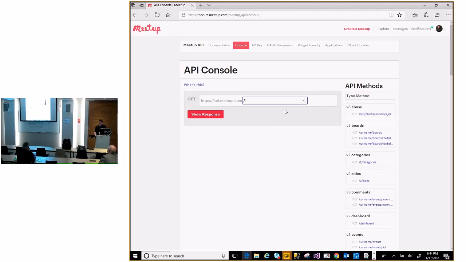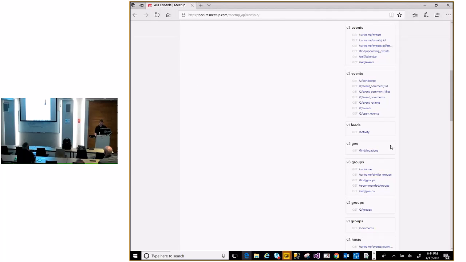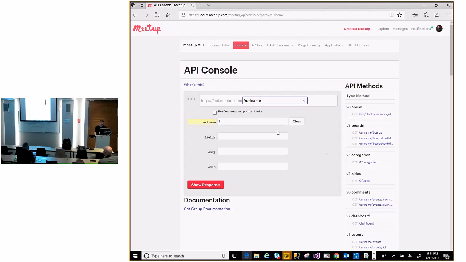So this is the console, and we can ask any one of these request methods against the console here, and we can actually see the output. Because I'm logged in, it will automatically input my API key, so I don't have to put that in as part of the console request. Let me show you what a console request looks like. For our groups, we're just going to go based on a URL name.